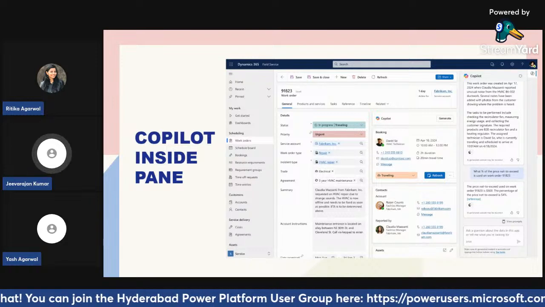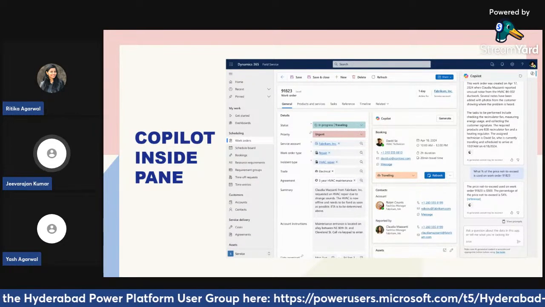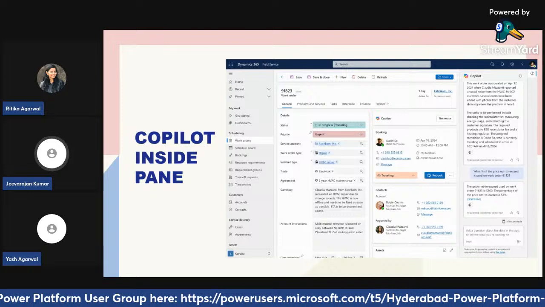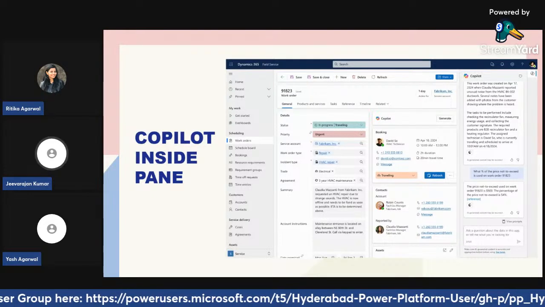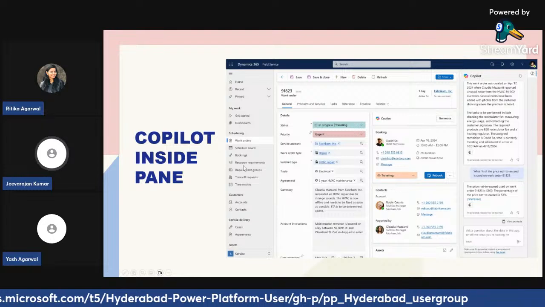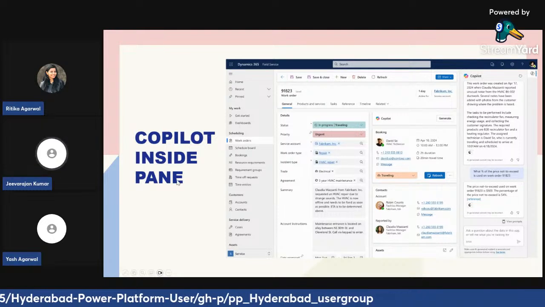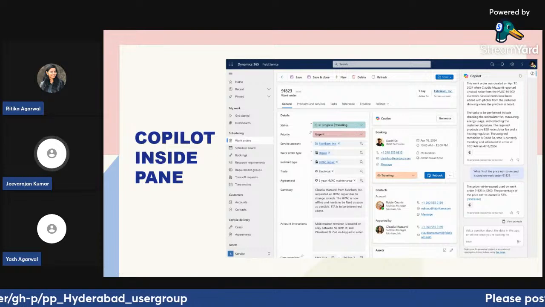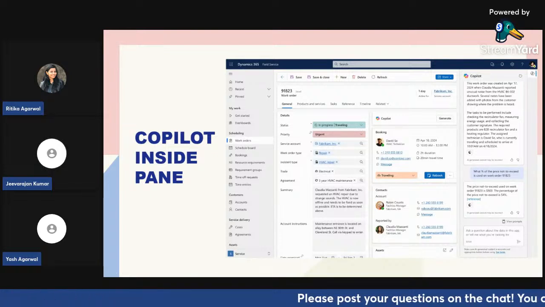The first feature we are going to see in Copilot in customer service is the sidecar, the Copilot side pane. Whenever there's a work order or a case, Copilot can be accessed from the sidecar directly. So I'll just use my laser pointer right here.